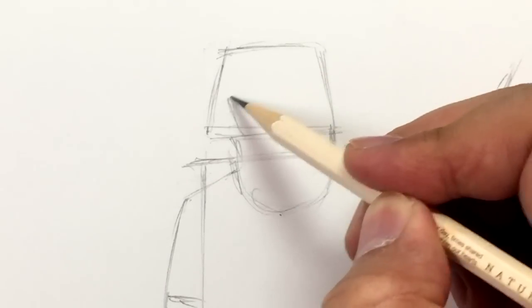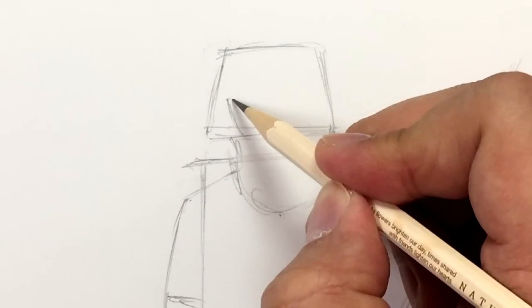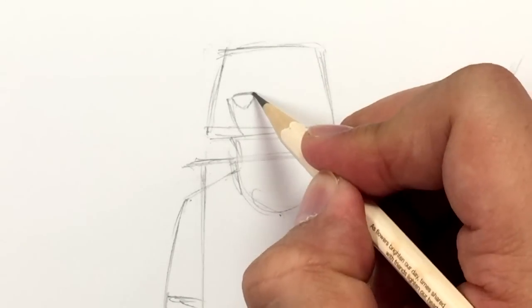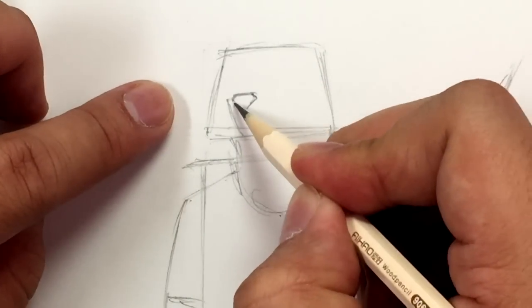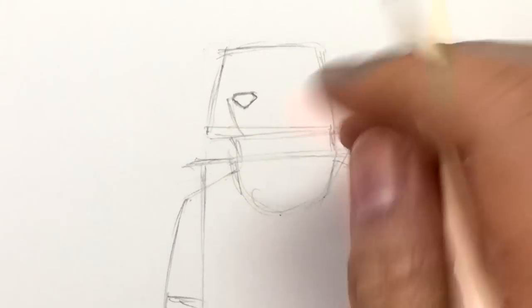So we're going to find the snout first. First I'm going to draw a line like this, and right around here, I'm going to draw a triangle. And that's Rocket's nose. Kind of a triangle. Think of it more like a Superman emblem. That shape, just like that. And inside,